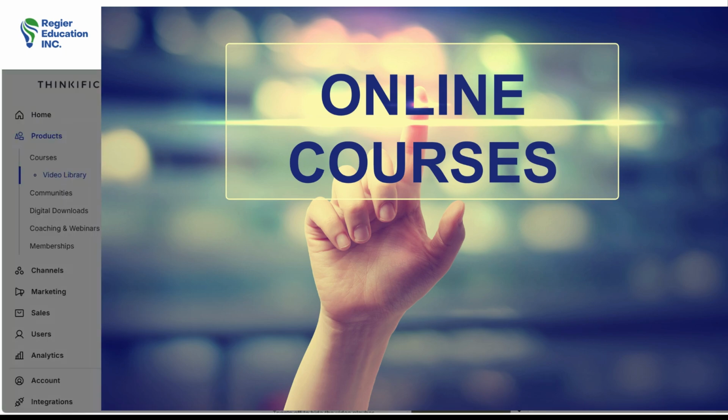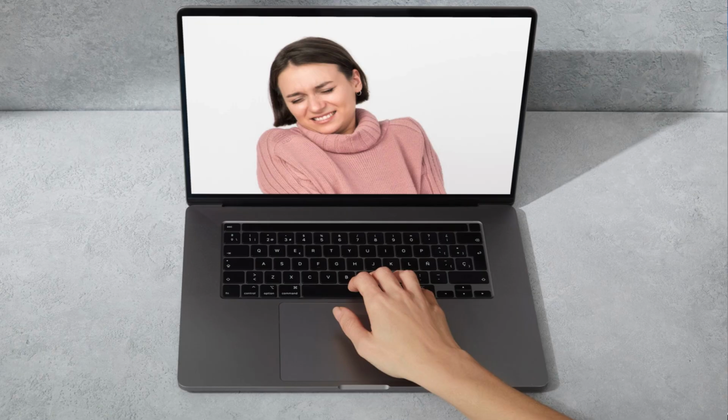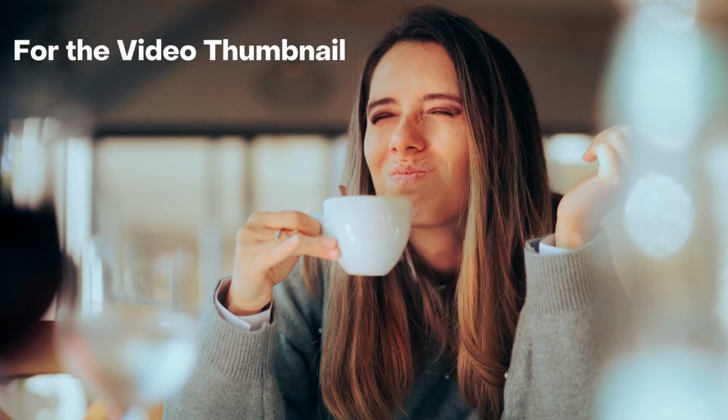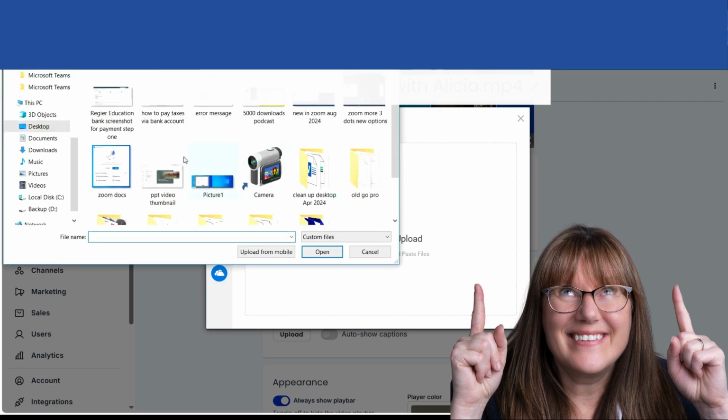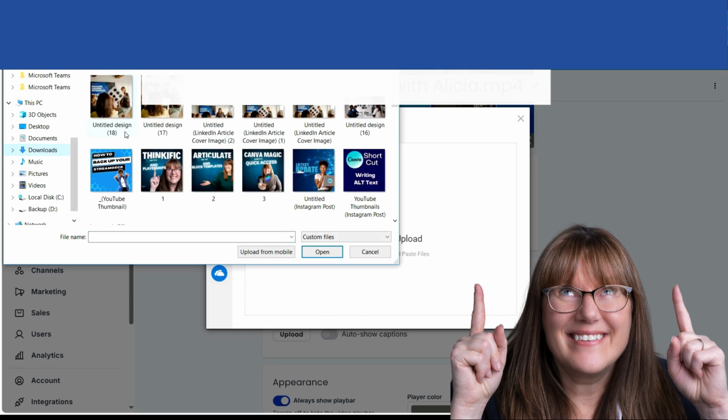In Thinkific, if you have a video that has frozen in a position that you don't want the speaker to be in, with their mouth open or their eyes half open, here is a hot tip. If you're finding that the thumbnail won't load when you select a thumbnail picture, go to a different